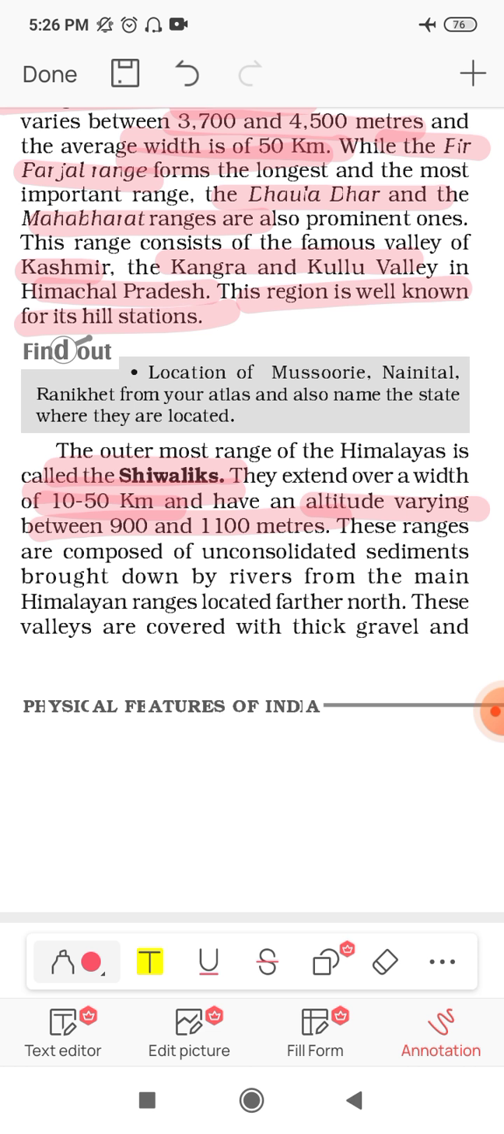This range is composed of unconsolidated sediments brought by the rivers from the main Himalayan range located farther north. As I said that rivers started deposition activity in the lower range of Himalaya because of the low height. Okay, so in this range, full area is composed of the alluvium. It's composed of the pebbles, gravels, small stones with alluvium, because in this range of Himalaya rivers started their deposition activity. So the sediments brought down by the rivers only possible we have here. So these valleys are covered with thick gravel